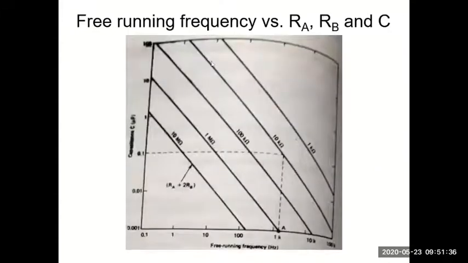Okay. Now, if you see this graph, even if we have drawn it in 2 dimensions, we have 3 parameters here. One is the free running frequency in hertz on the x-axis. Here we have the value of capacitance C, and the resistance values are drawn. Different curves are drawn for the resistance values, and in the resistance values we have taken RA plus 2RB or R1 plus 2R2, because that is the value to be considered to measure frequency.